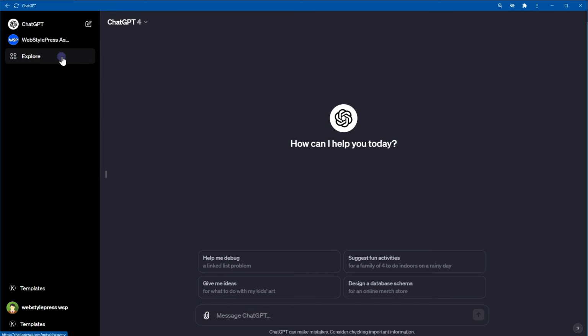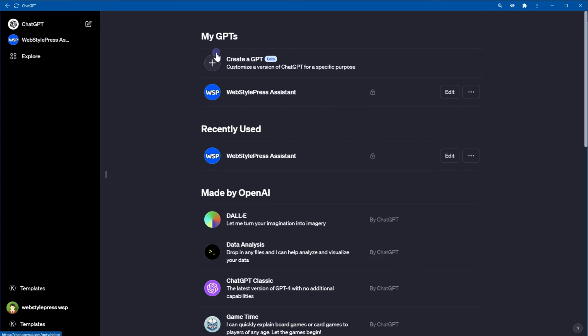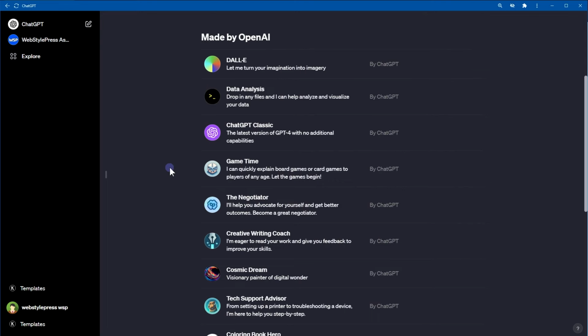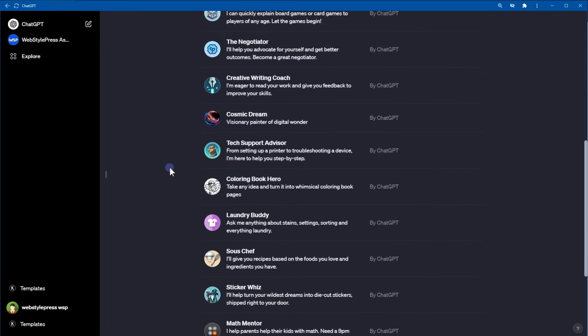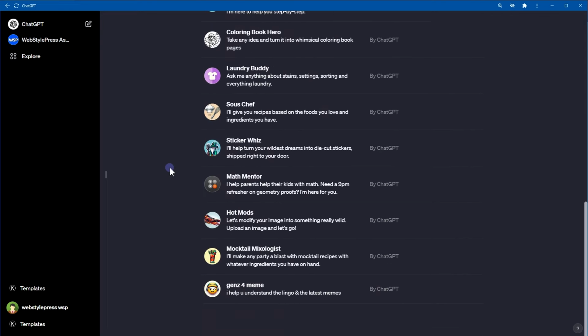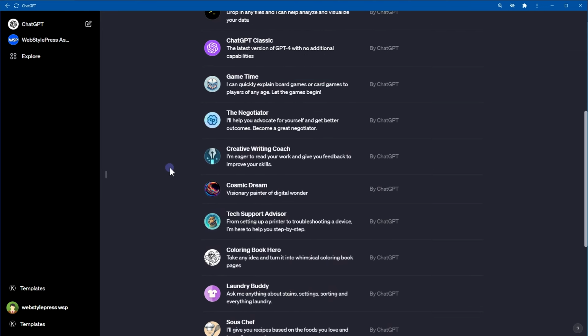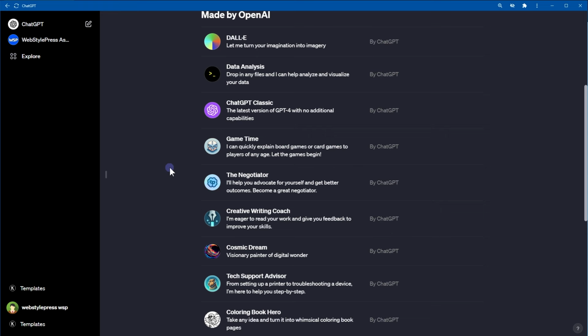We have the Explore tab. Here we see the My GPTs section that lists custom GPTs that we build. Below are custom GPTs made by OpenAI. It includes DALL-E, Data Analyzer, Game Explainer GPT, Negotiator GPT, Creative Writer, Tech Support Advisor, Recipe Helper, Math Solver, Meme Explainer GPT, and more. I find Math Mentor, Sauce Chef, Tech Support Advisor, Creative Writing Coach, Negotiator, and Data Analyzer